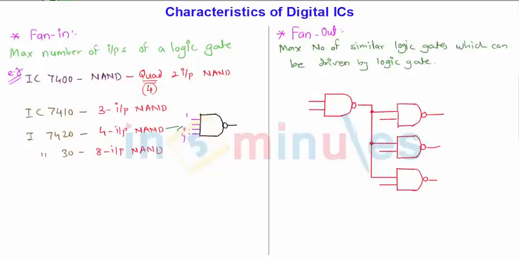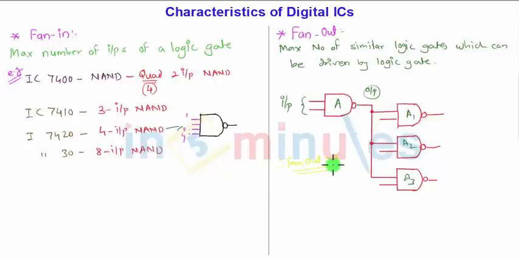So I have a NAND gate here. Let us say the NAND gate A is here, having 2 inputs and a single output, but the ability of this output to drive the similar number of NAND gates, so I can write down these as A1, A2, A3. Parent gate is A. The output of A can drive how many other NAND gates, the same logic gate? This output can trigger A1, A2, A3. So here the fan out I can say will be 3.